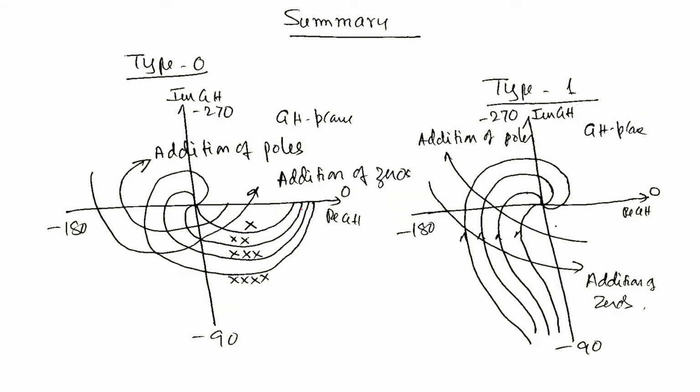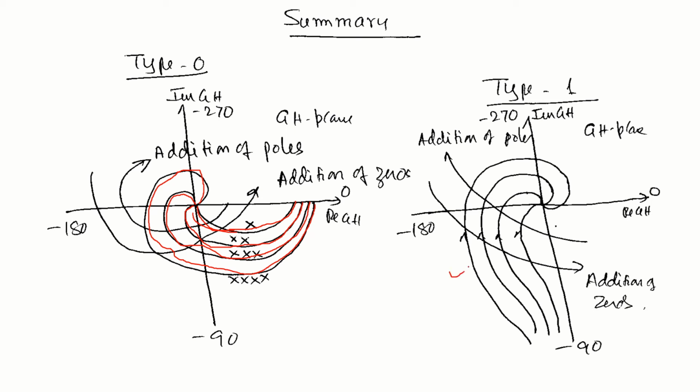Okay, then you see here, if you take a type 0 problem, if there is one pole, 0 to minus 90. Add one more pole, 0 to minus 180. Earlier one is minus 90. One pole 0 to minus 90, two poles 0 to minus 180, three poles 0 to minus 270, four poles 0 to minus 360, and so on. As you add a pole, the end point turns by 90 degree for every pole. For every zero, it turns in the opposite direction.